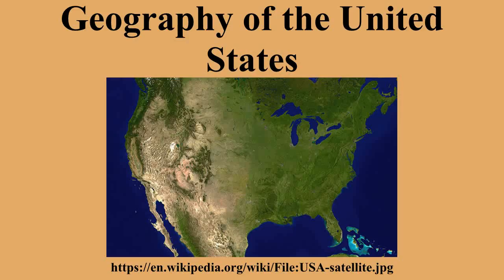Highest point, Denali, Denali Borough, Alaska, 20,310 feet. Climate: due to its large size and wide range of geographic features, the United States contains examples of nearly every global climate. The climate is temperate in most areas, subtropical in the southern United States, tropical in Hawaii and southern Florida, polar in Alaska, semi-arid in the Great Plains west of the 100th meridian, Mediterranean in coastal California, and arid in the Great Basin.